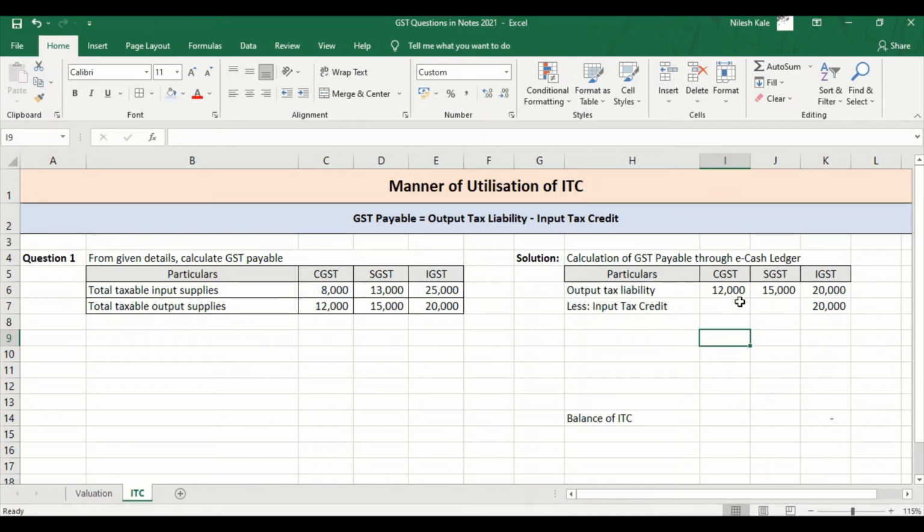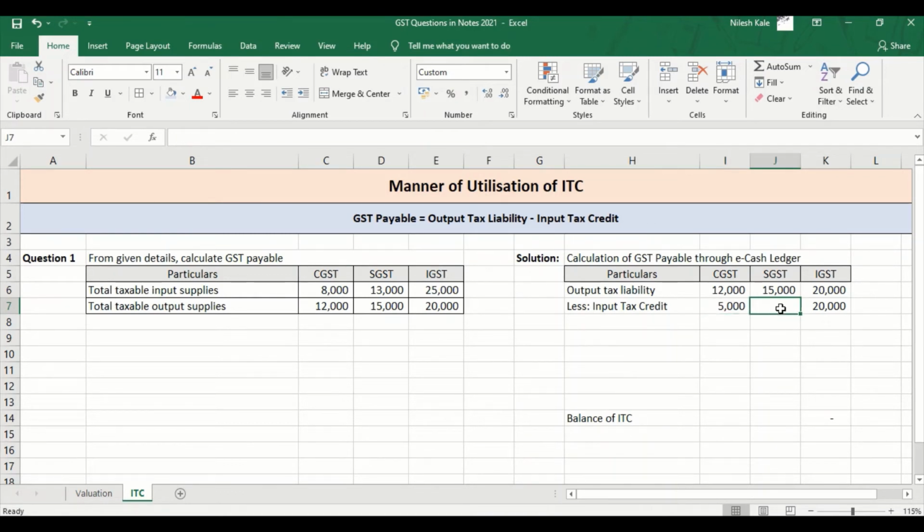Right? So 12,000 is the CGST liability, 8,000 credit I have of CGST, right? But I still have to finish this IGST credit which is pending with me. So what I will do is that 5,000 I will use for CGST liability. Hope this is clear, you are understanding, right? So still how much I have to pay? I will still have to pay 7,000 here. This 7,000 can be paid out of 8,000. So CGST can become 0.